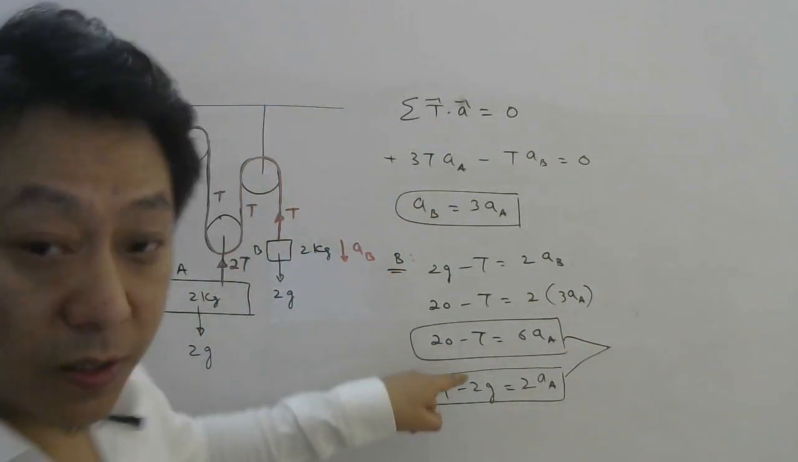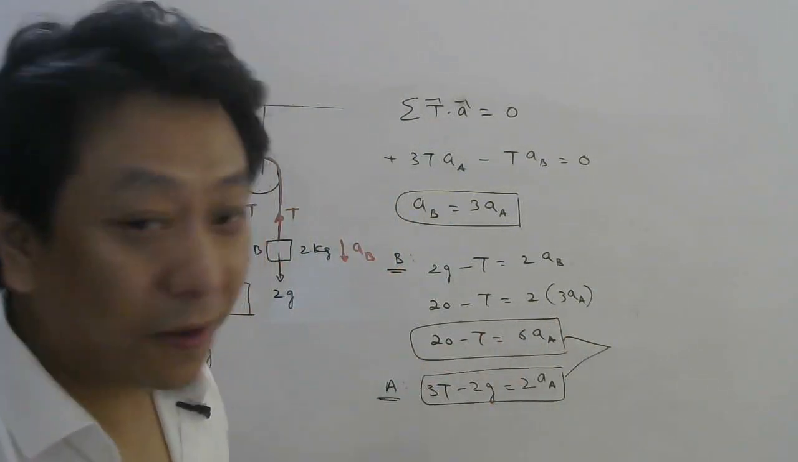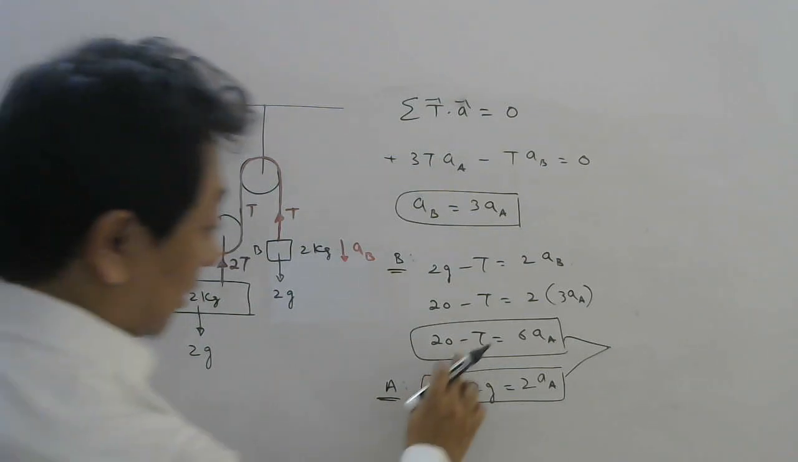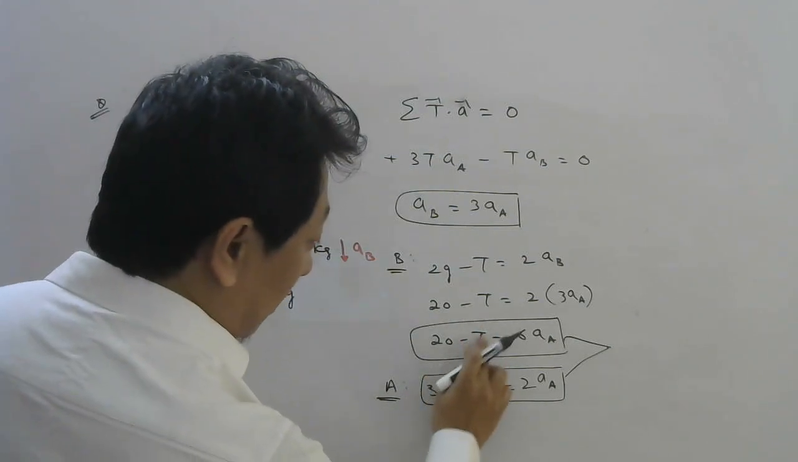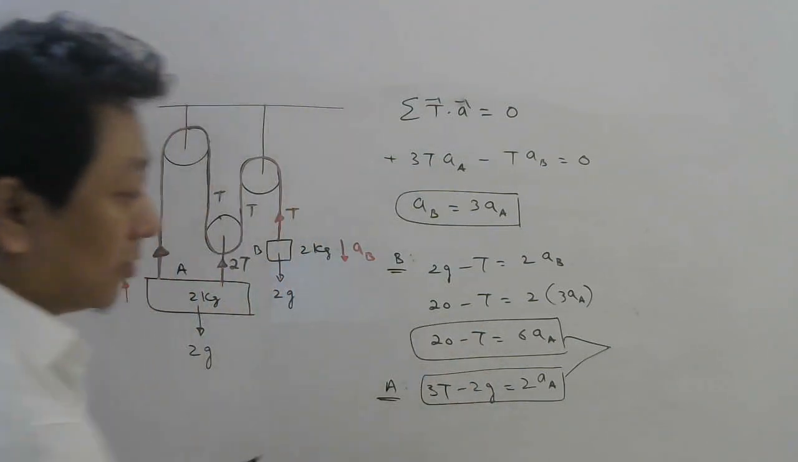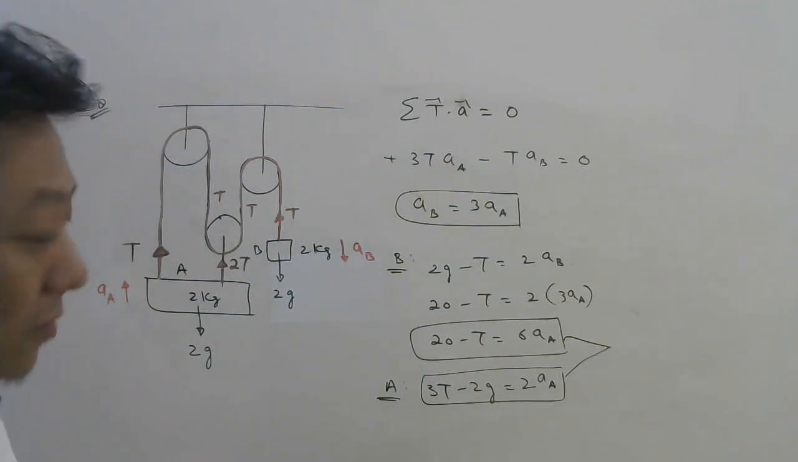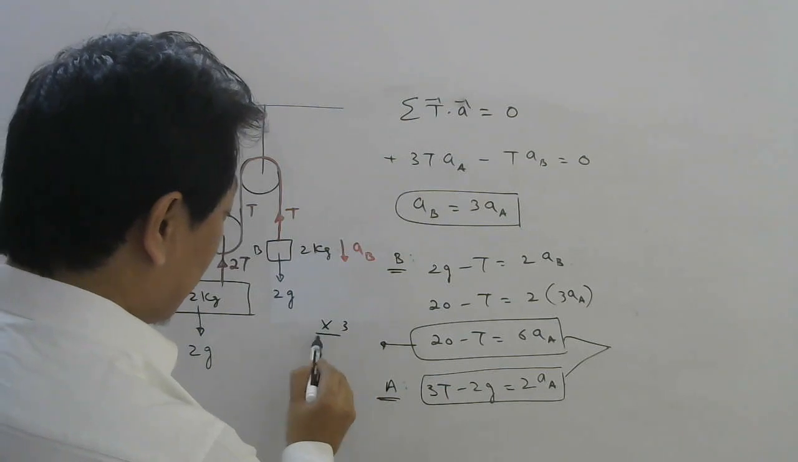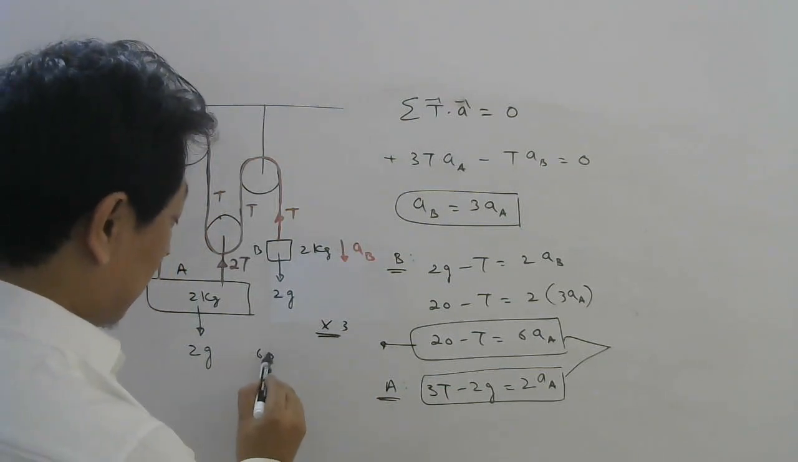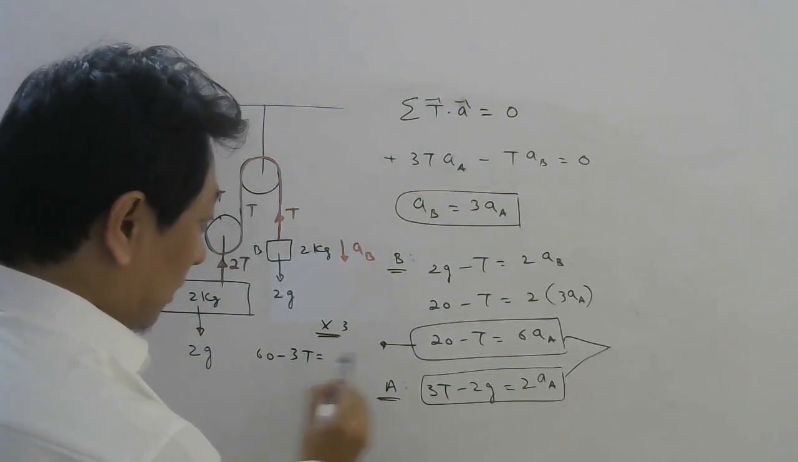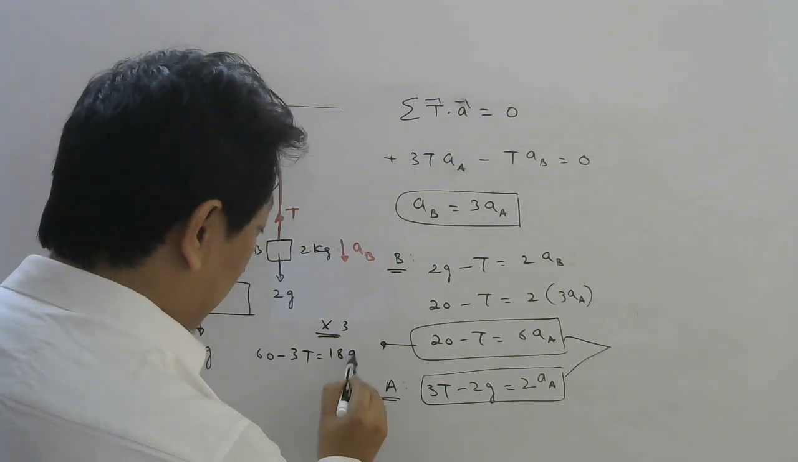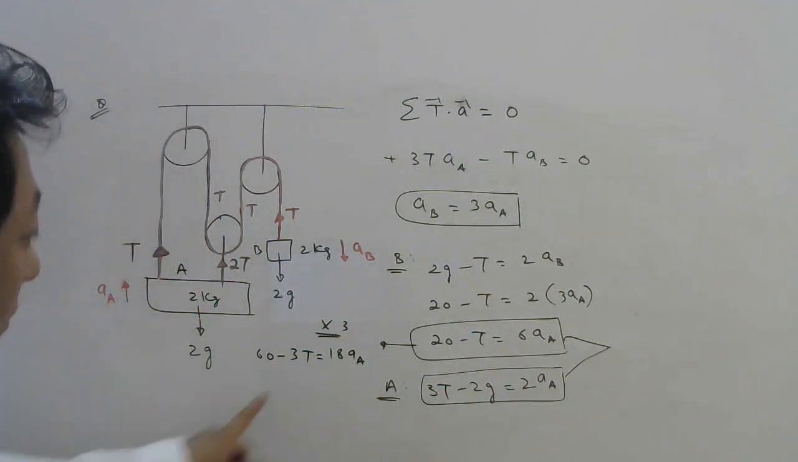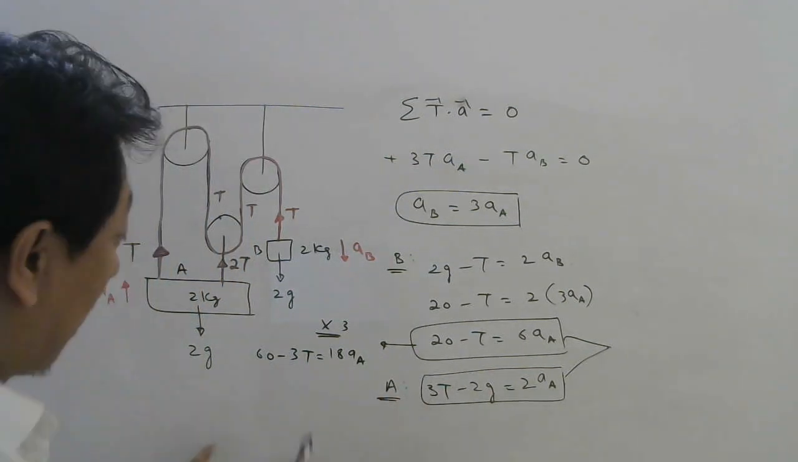Right? Two unknowns, two equations, T and AA. To simplify this, let us make this coefficient also the same as this. This is 3T, let us make this also 3T. So what we can do is multiply this equation with 3. What will I get? 60 minus 3T equals 18a. Then we will add with this. So if you add these two now,